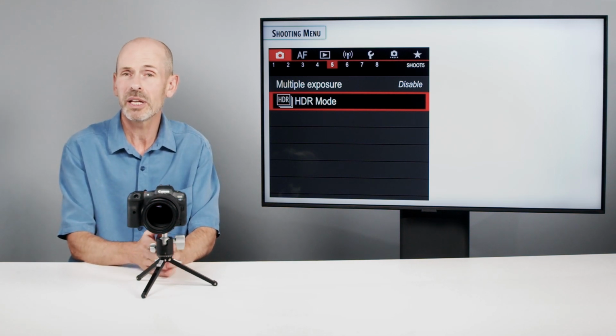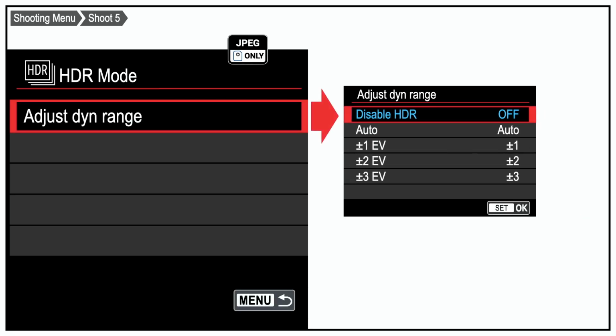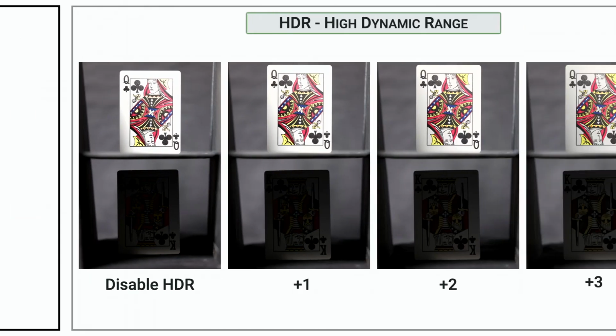So the camera can shoot HDR on its own. Let's dive into that little sub-menu here. We are now in a JPEG only mode, all right? This is where the camera will shoot through 3 photos, either 1, 2, or 3 stops apart, or it will figure out however much it thinks it needs. It will then combine them into an image. And the idea is